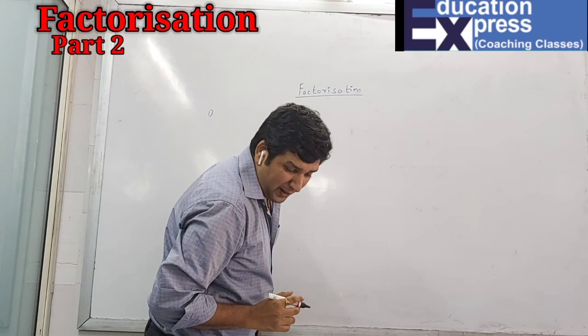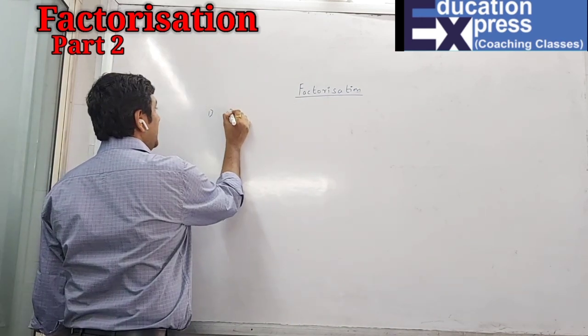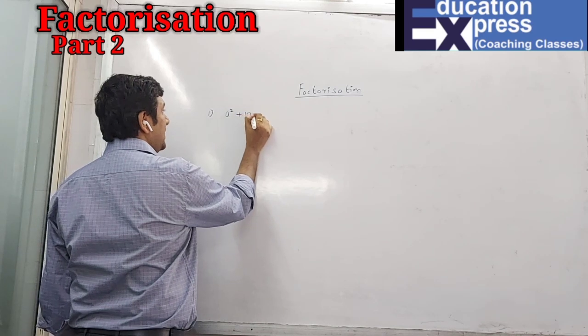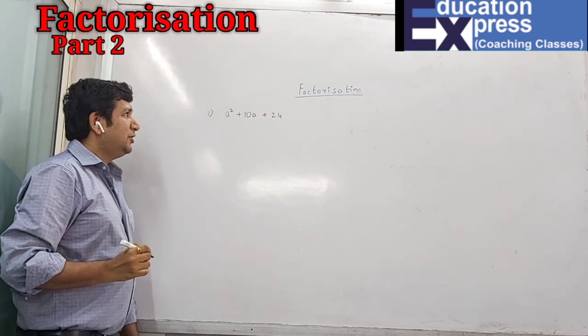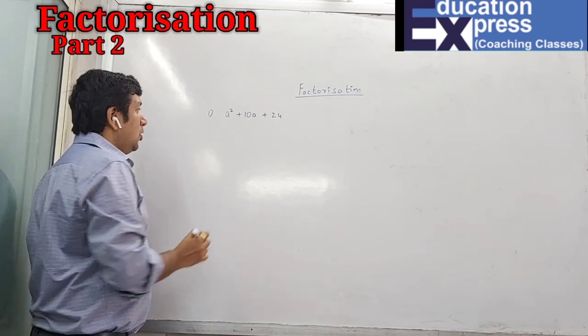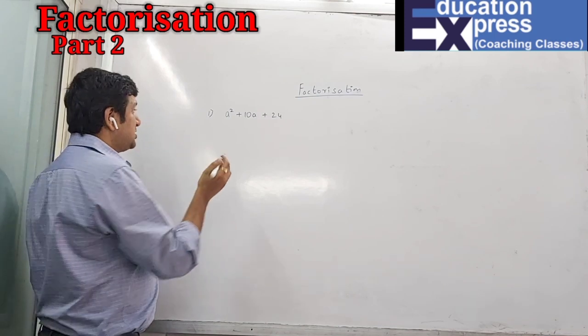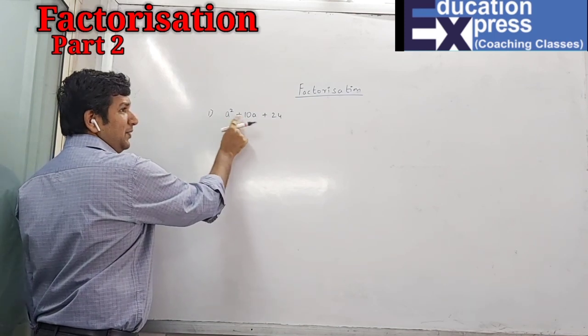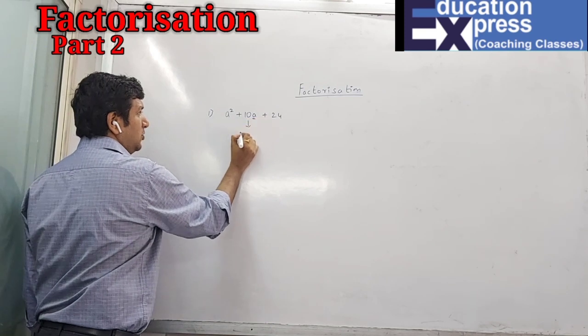We are talking about the product of the extremes as positive. So a square plus 10a plus 24. Students, looking at the question, you can make out what is the middle term. Obviously the one which has the variable and the power is least. So here these two numbers are variable and the power of the variable over here is less. So this is known as your